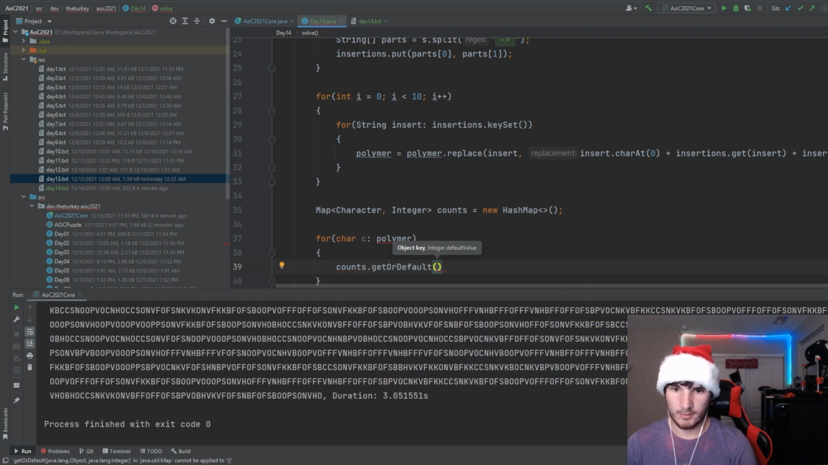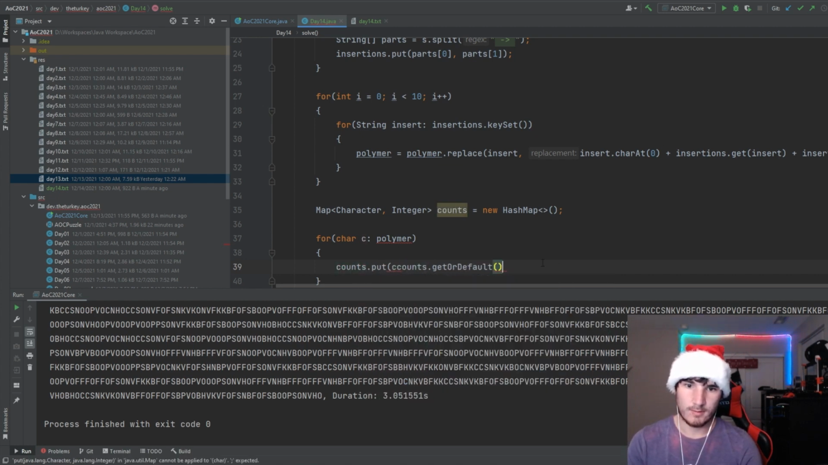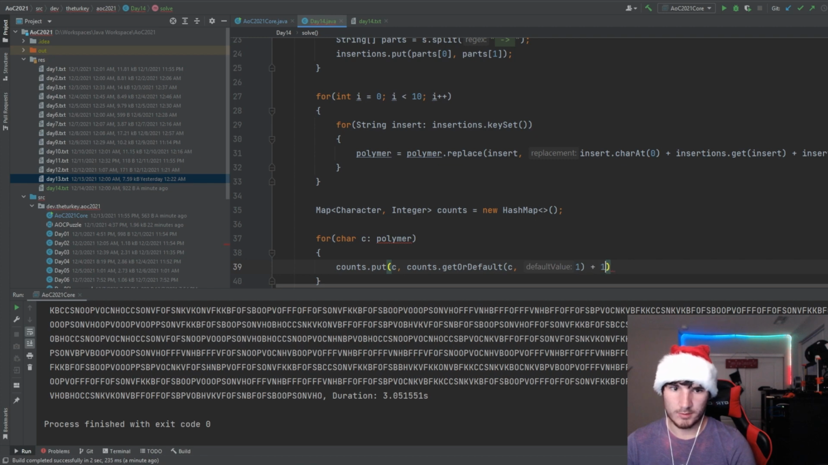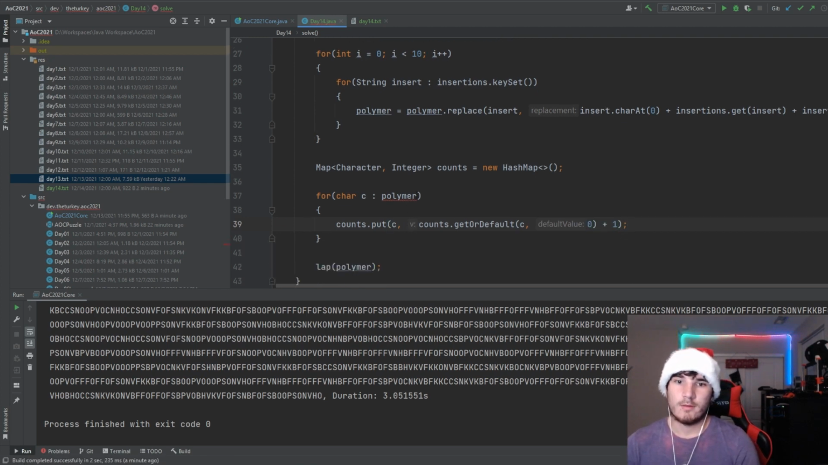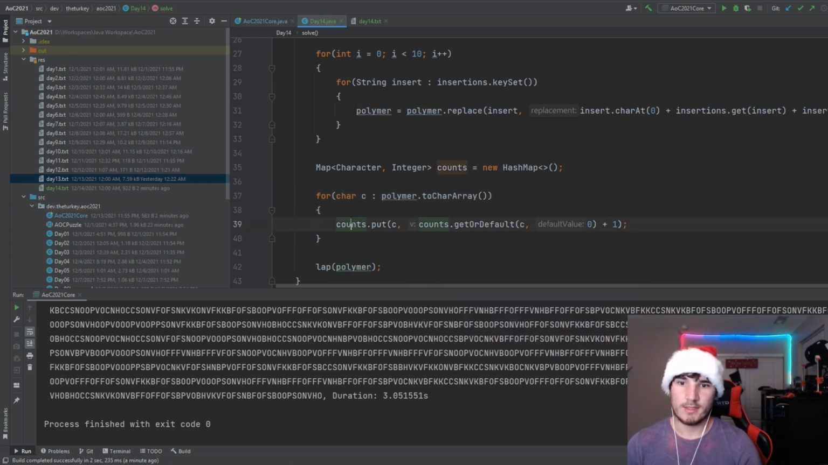Get or default counts, put C of C or 1 plus 1, C or 0. There we go. And so that should give us this, and then we should be able to do